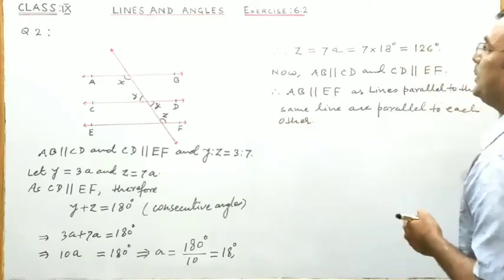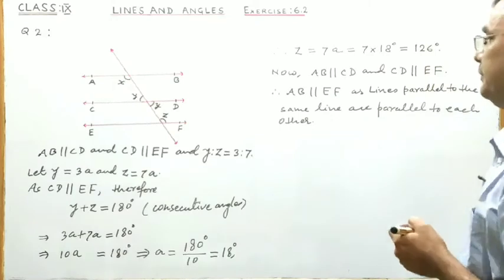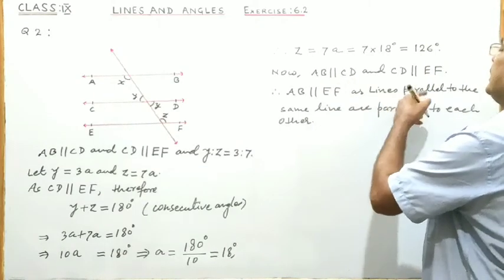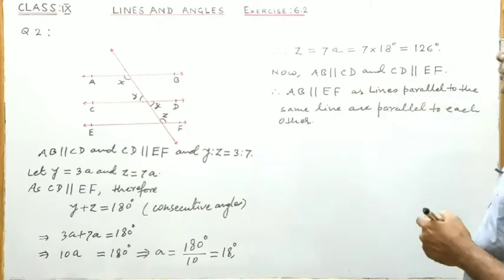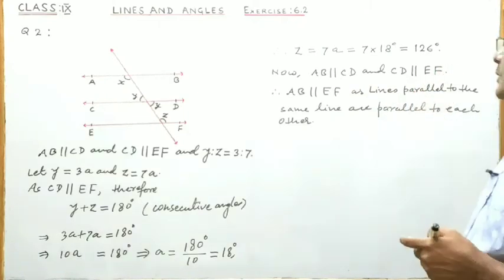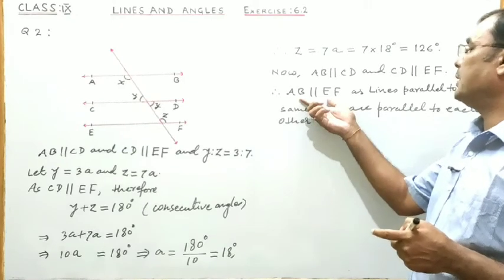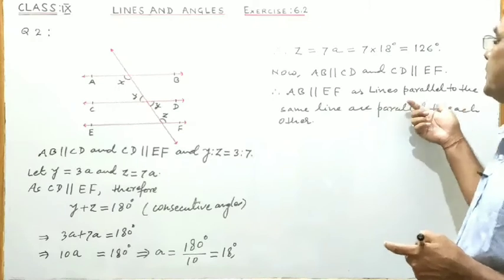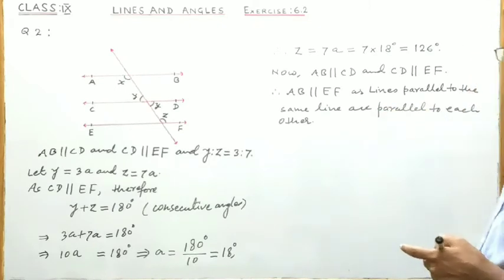That is why AB is parallel to EF, because AB is parallel to CD and CD is parallel to EF, it is given. So therefore AB has become parallel to EF by this reason that lines parallel to the same line are parallel